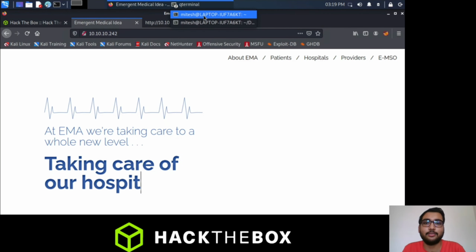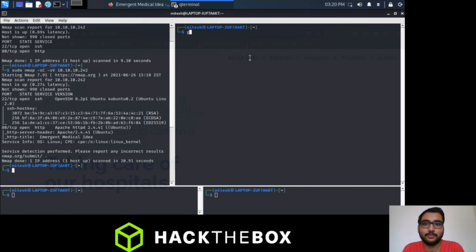So let's enumerate the pages inside this website, and for that we will run GoBuster. GoBuster is an enumeration tool. So GoBuster in dir mode, -u for URL. Let's give the URL, and now we need to select a wordlist.